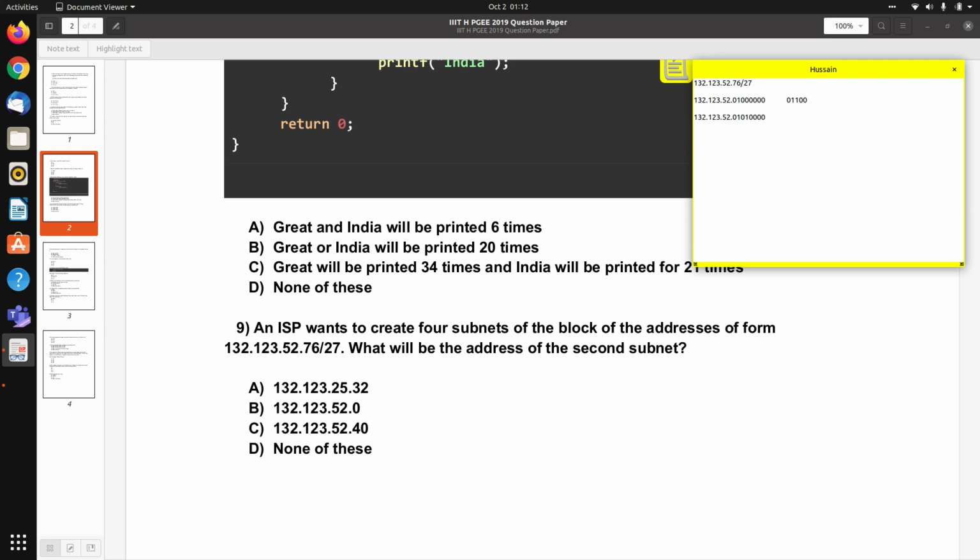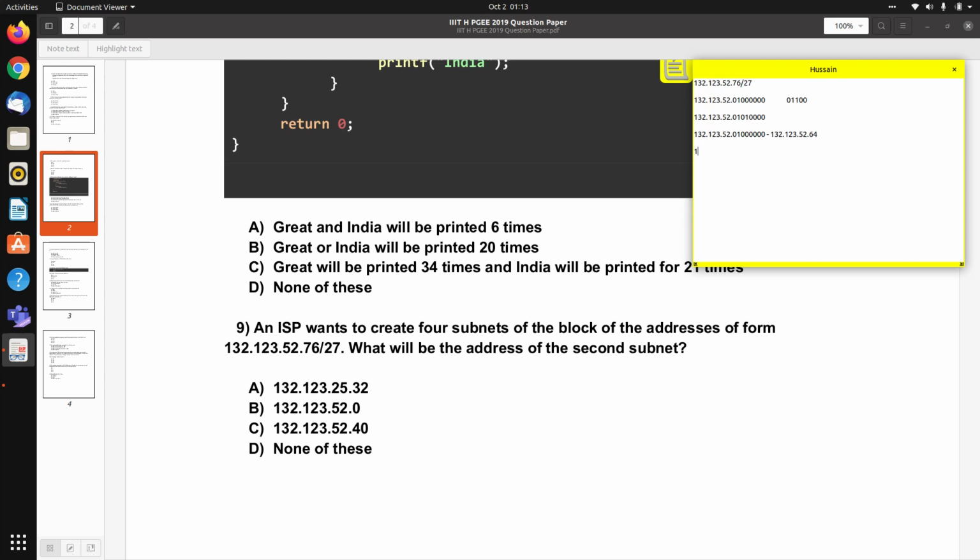So for the first subnet, address will be 132.123.52.01000000, that is 132.123.52.64. Since the number of hosts in each subnet is equal to 8, we will just add 8 to the previous address.